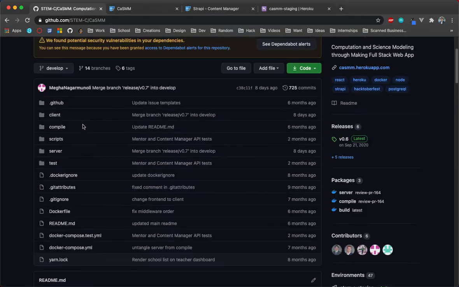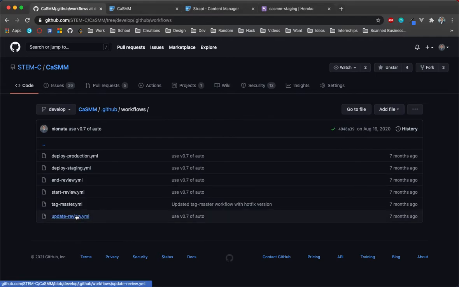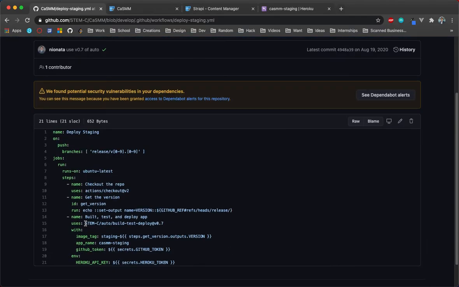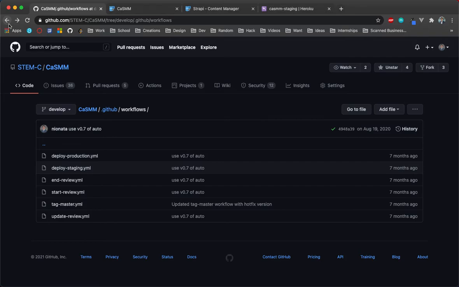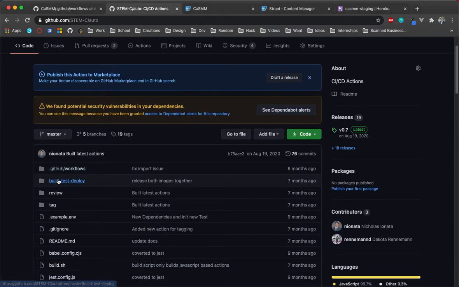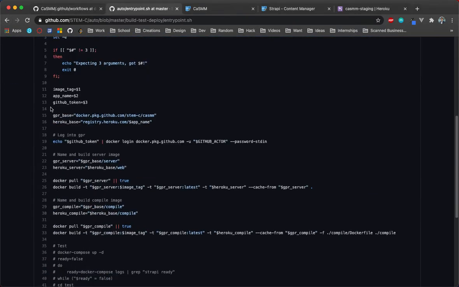If we go to GitHub and we go to workflows, you'll see there's a number of workflows. The first one we'll look at is these deploy scripts. You'll see that they'll call stemc auto build test deploy and give it some image stuff, what app, and then some secrets. And what that actually is, is another repository that we've created that does GitHub Actions, called auto. And so you can see this is the build test deploy, and what build test and deploy does is it will run this script, I believe it's this one. Yeah, it'll run this script that'll basically